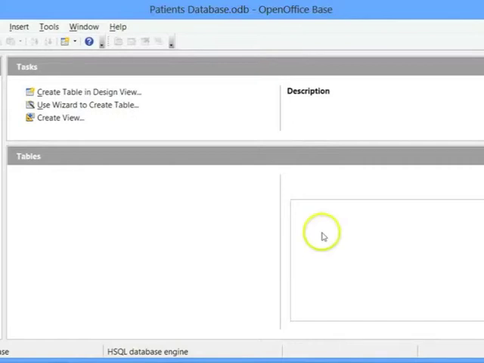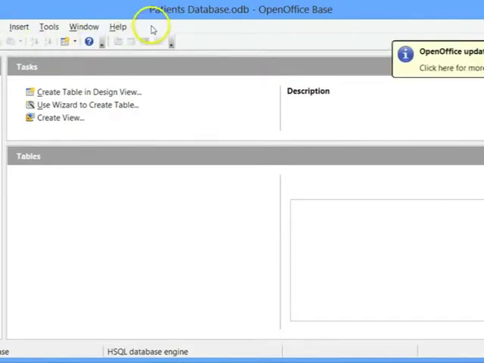Right on the top, we have our title bar, which contains the name of the file or the name of the database that we're working with. Below that, we have our menu bar with our file, edit, view tabs that are available. And below the menu bar, we have our standard toolbar: